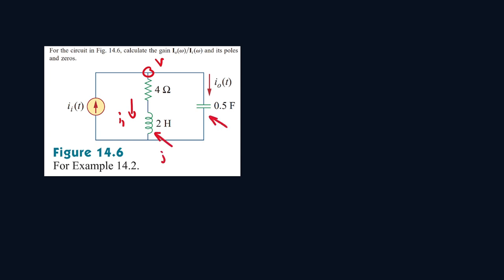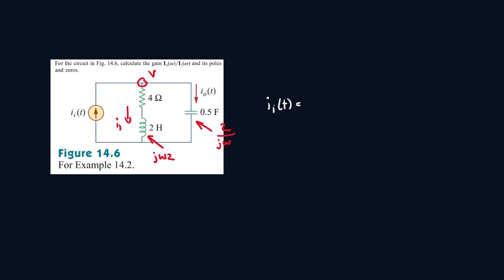So this is going to be JW2, and this one is going to be 1 over JW 1 over 2, and that's the same thing as 2 over JW. So let me get the node equation. So I of t is entering, and this will be equal to I1 plus IOT. I1 is going to be equal to V over all the impedance values